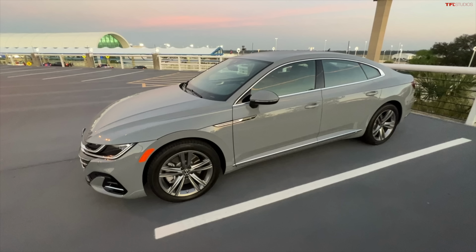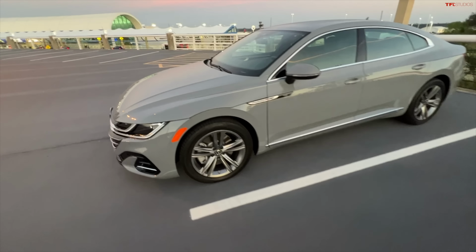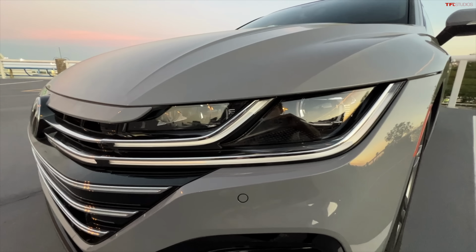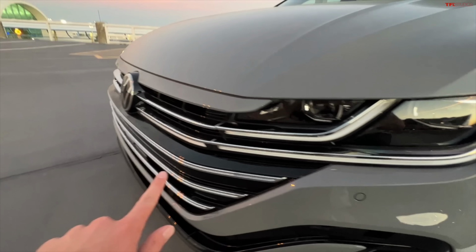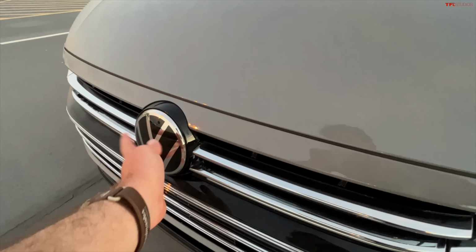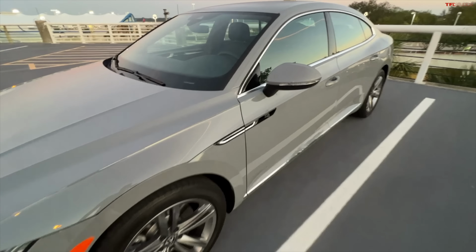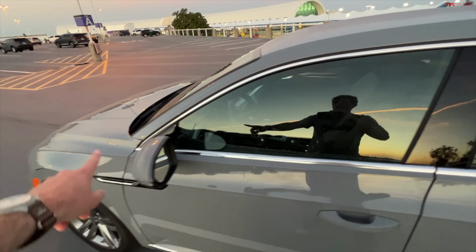But look at this color, especially in this early morning Florida sun. It looks great. So other things worth noting too, the LED headlights provide a great amount of light and look really cool, especially when they're on. You get this really nice strip illumination, which continues up here to the front, outlining the newer Volkswagen logo design. Got R badging along the side here, a chrome window trim which extends around the belt line,